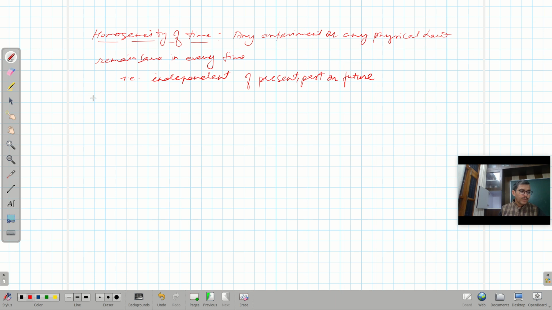So now consider two interacting particles. Say this is the x-axis, this is the y-axis, and this is the z-axis. We have two particles, one at x1 and another at x2. This is the first particle and this is the second particle. The potential energy between these two particles is given by U, and U is basically a function of x1 and x2. But according to homogeneity of time,